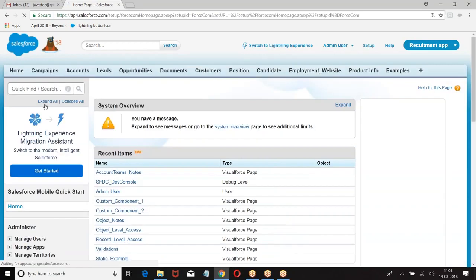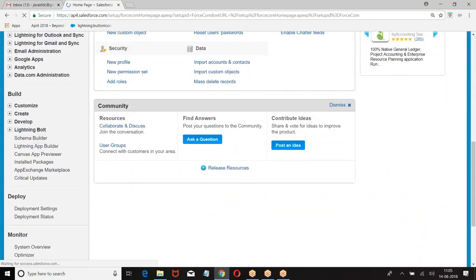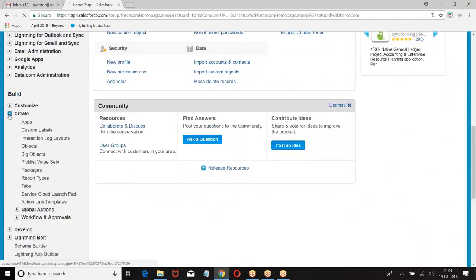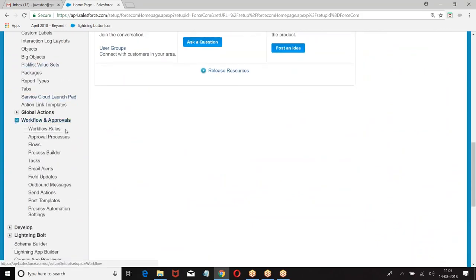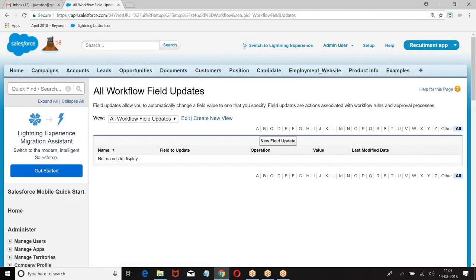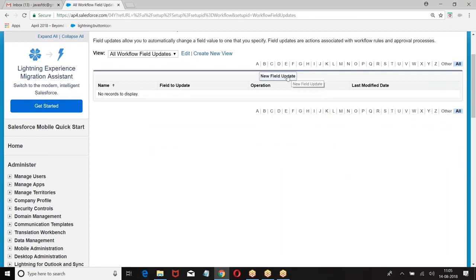Setup, build, create, workflows and approvals. Then we have, look at this, the field update, new field update.